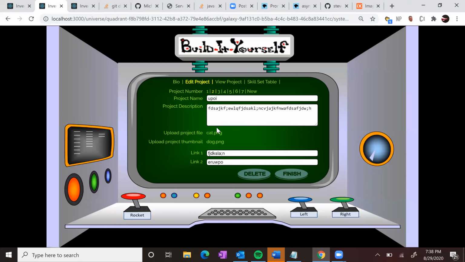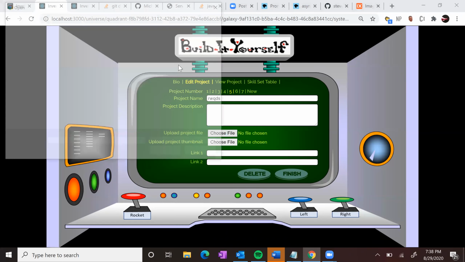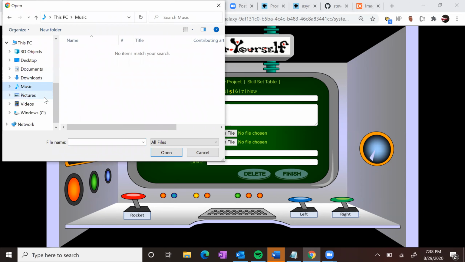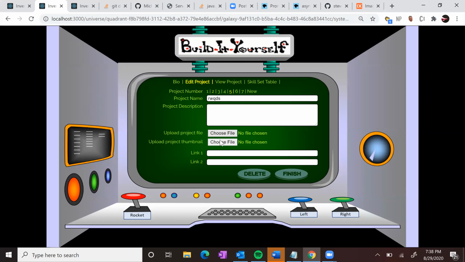Well, the issue with this is that I can't have an input and then set the value for whatever text of that input. Right now it's no file chosen. If I choose a file, then it's going to be like